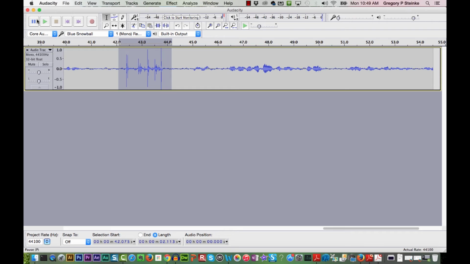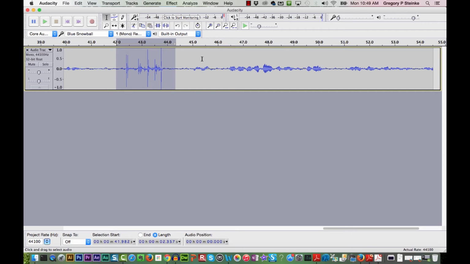Here it is, and we get a good look at the data. If you want to hear what's going on in Audacity, you can do that by getting the cursor, dragging it over the part you want to listen to, and clicking on the little arrow, and that plays the sound it has recorded. So you can use that to make sure you're zooming in on the right clicks.